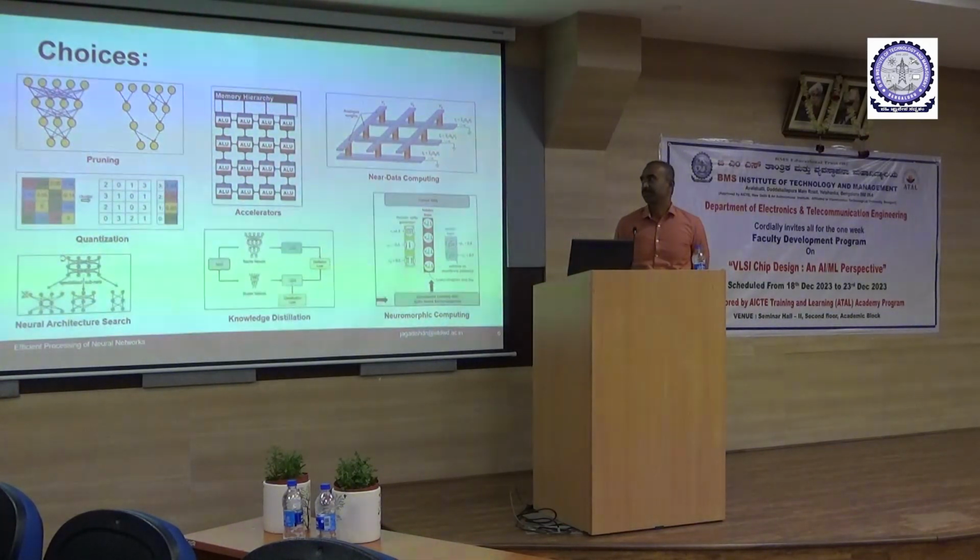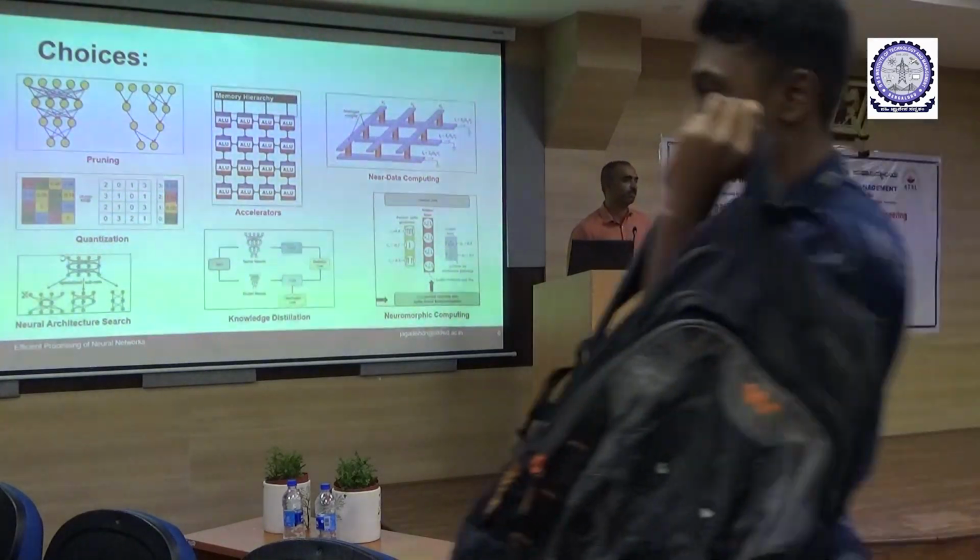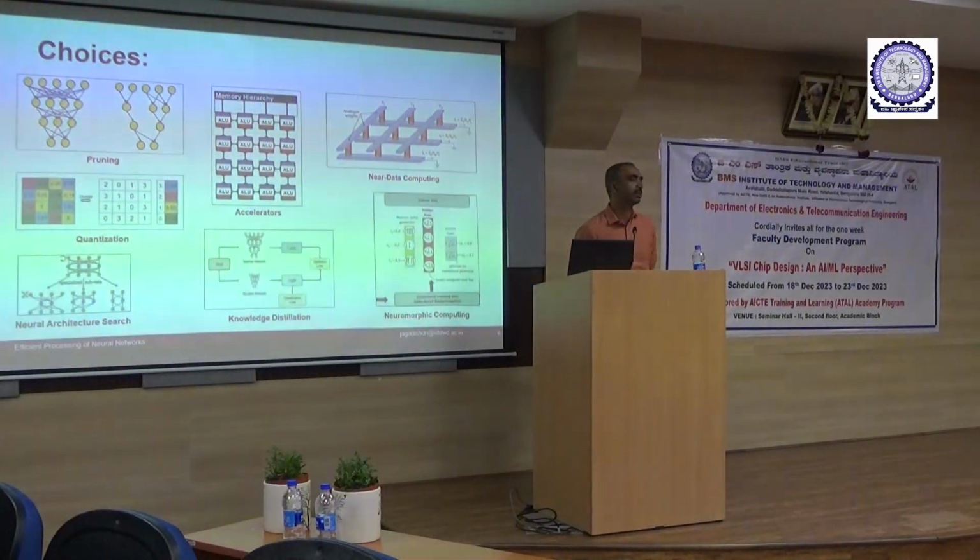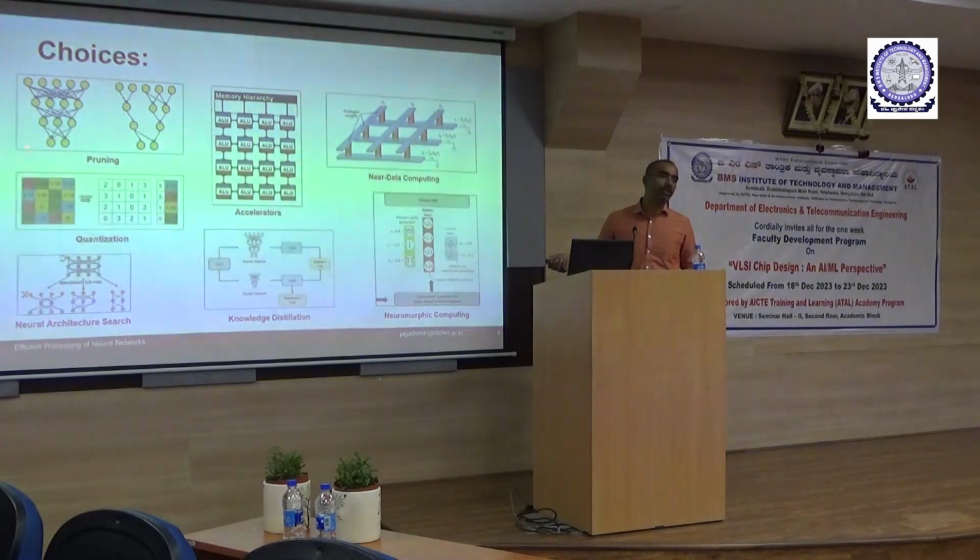Now, given this context, we are deciding how to optimize neural networks. Yeah, neural means neural network. What are the choices? I just listed some of the choices. One is, you take a full network, train it, and then try to prune it. So take away some of the connections which are not important. This could save your memory if you do it cleverly, not at random. This is one of the choices.